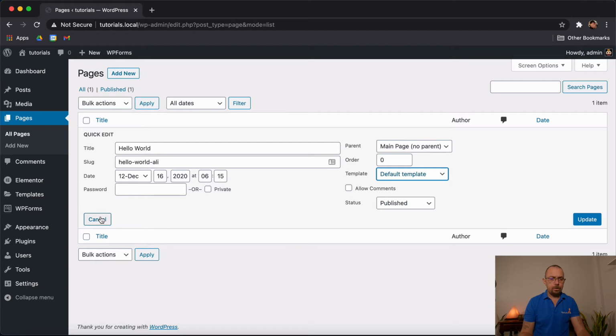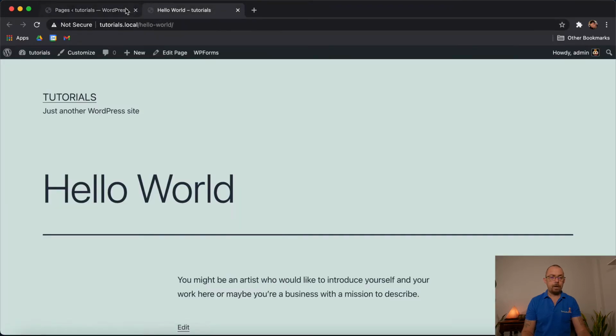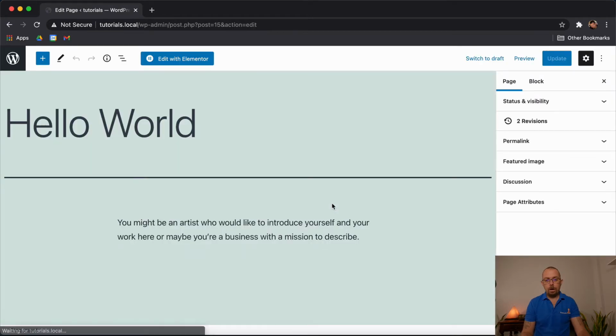But normally what I do is if I want to edit, I actually come into the edit section. You can view it so I can see what it looks like by just control clicking on view and it will open it in a new tab. I'm just going to delete that for a sec. And then you can come into edit. So I'm just going to click on edit. This will open it up.